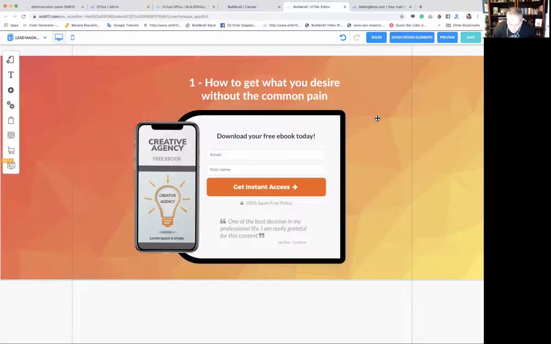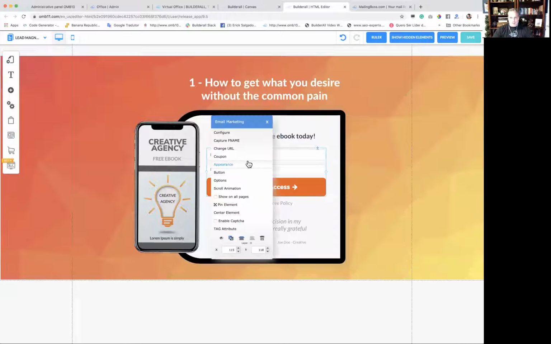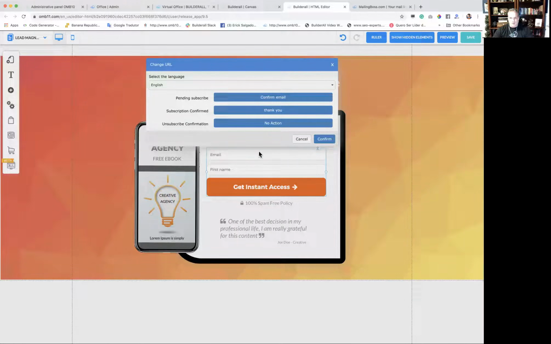Cool, now pay attention, because this is the most important thing in this whole funnel, okay? Here, where you have the URL, you already have something like paying subscription that is going to take people to the confirmation mail page, and then the subscription confirm thank you page, all right? That's going to be the thank you page and confirm mail for this funnel. So this list will be connected with this funnel,